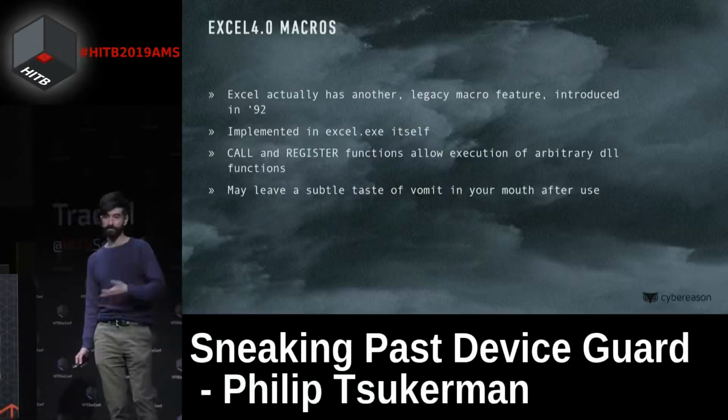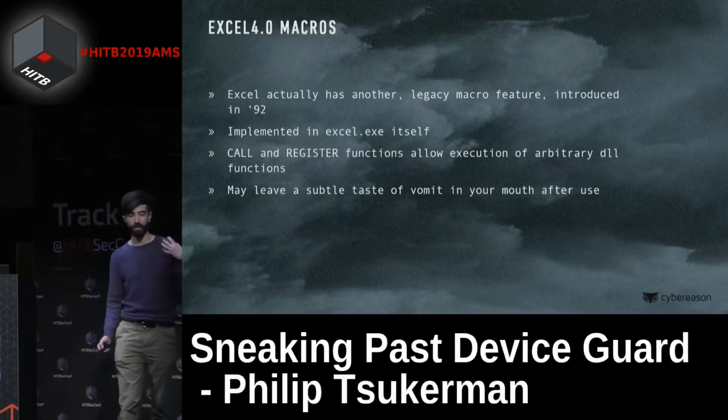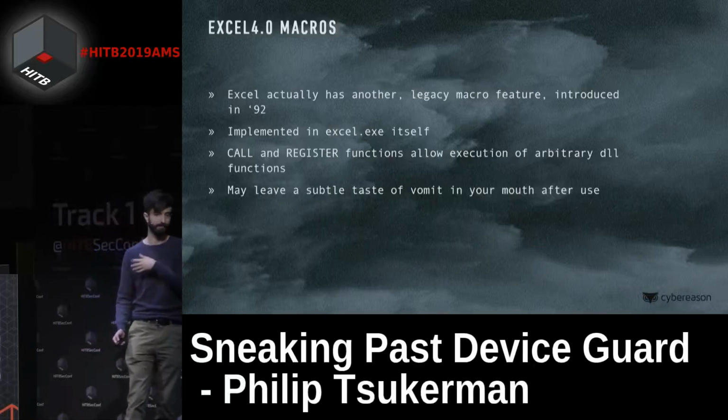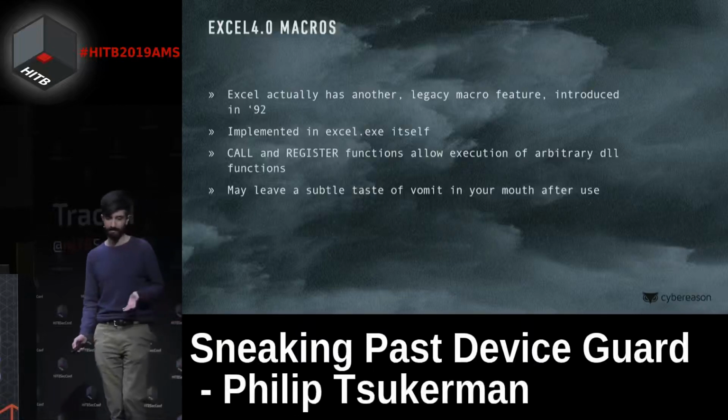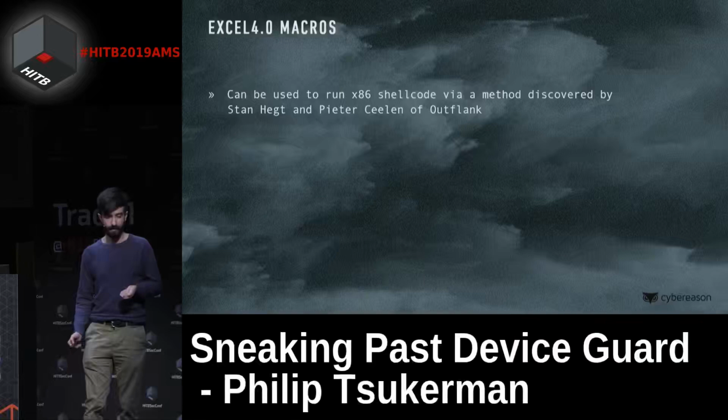What Excel 4.0 macros allow us is to use two functions called CALL and REGISTER, which will give us access to arbitrary DLL functions, meaning that we could use different syscalls, etc. But the syntax is as bad as you can imagine for something that was implemented for macros in '92,